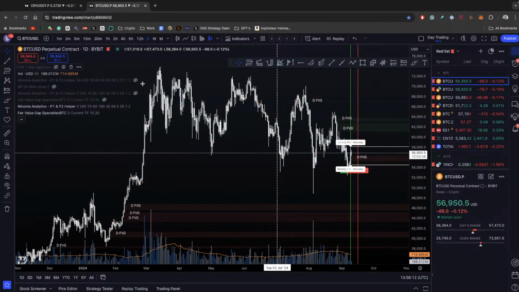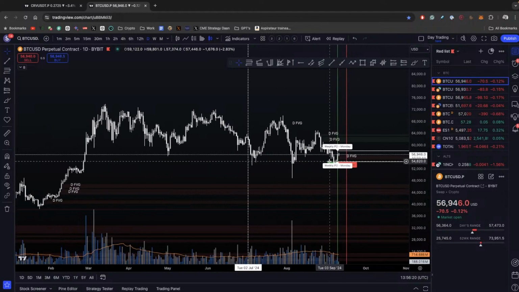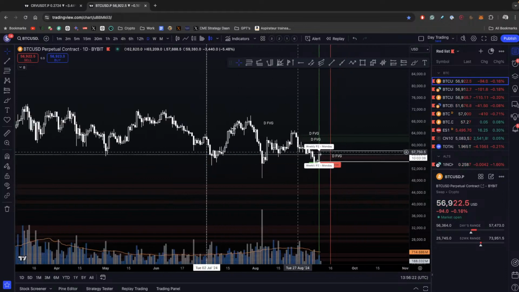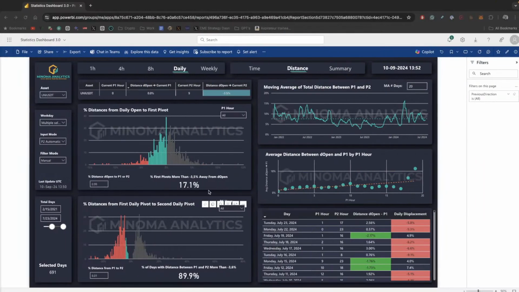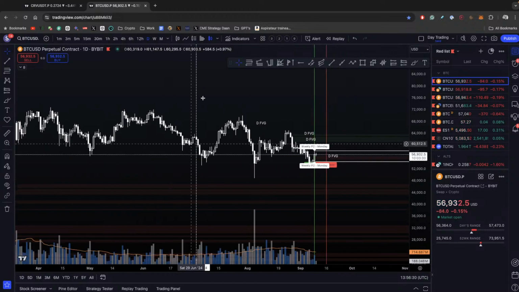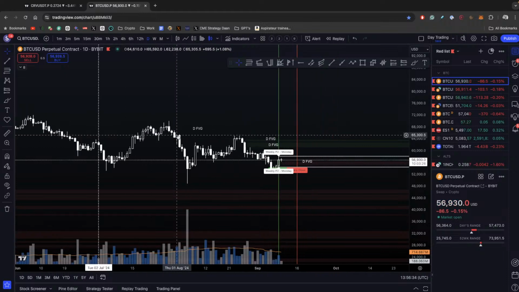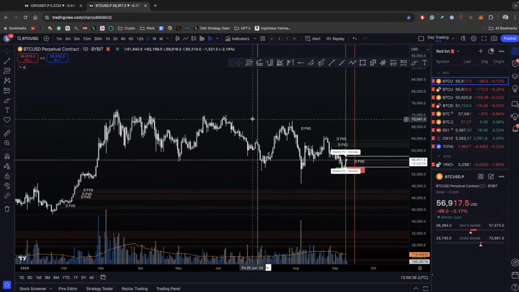Let me get this out of the way. And by the way, I'm not focusing too much on TA, as you know, because I really want to have these streams focus on how to utilize the dashboard and how to find directional biases, stuff like that. And then the streams with Tim, for example, are more focused on the TA side of things. But on the forefront, I want to focus on how to use the dash. My macro view is still the same.